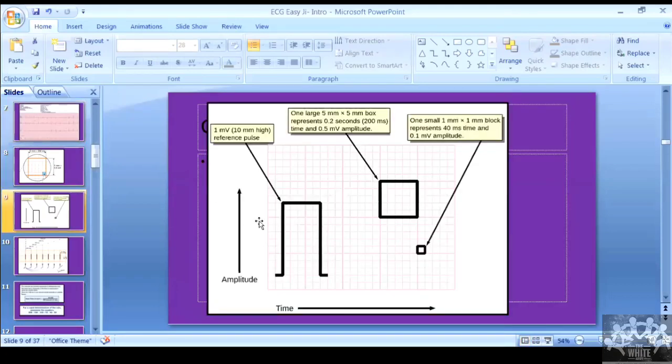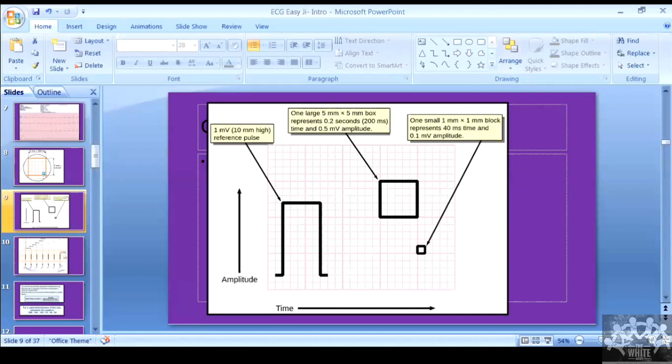And the second thing is the amplitude. By default, it is 10 millimeters, 1 millivolt. This is how the ECG is made. Any deviations from this have their own reasons. That time we'll do such ECGs. Otherwise, we don't usually do, because our entire interpretation and calculations will change. Let's say if 50 millimeter per second is the speed, and we calculated the heart rate like in the previous ECG, it came as 30, but then it has to be doubled because it was at 50 millimeter per second. So that is why our calculations will change. So that is about standardization, right?